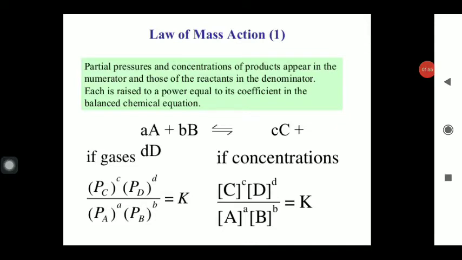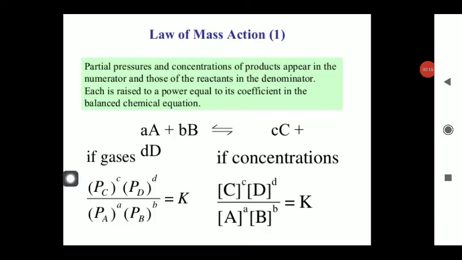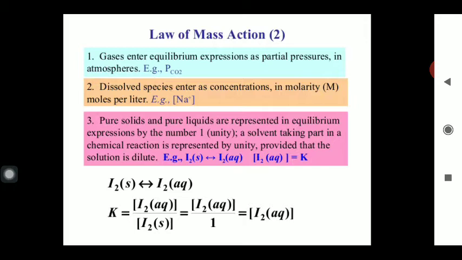To find out the relation of the equilibrium constant, first of all, we have to study the law of mass action. And on the basis of the law of mass action, this K can be expressed in two ways: maybe in terms of the concentration and maybe in terms of the partial pressure. If the equilibrium constant is expressed in terms of the concentration, at that time we have to use the relation Kc is equal to C molar concentration into D molar concentration, and in terms of the partial pressure the expression Kp is used.